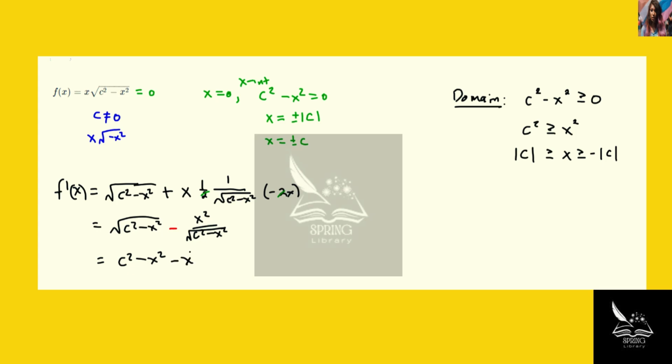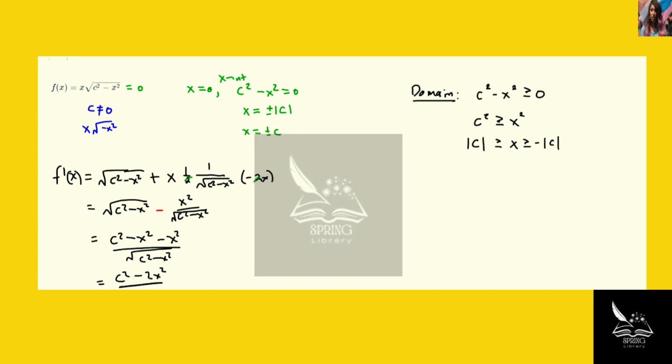So then negative x squared all over the square root of c squared minus x squared, and that simplifies to c squared minus 2x squared over, let me zoom out, the square root of c squared minus x squared. Now, if we were to set this equal to 0, we just set the numerator equal to 0, and that would tell us that